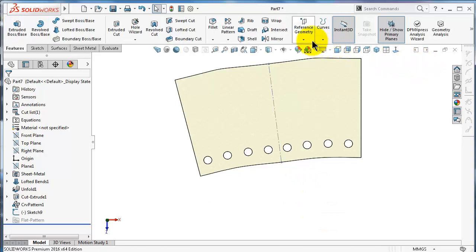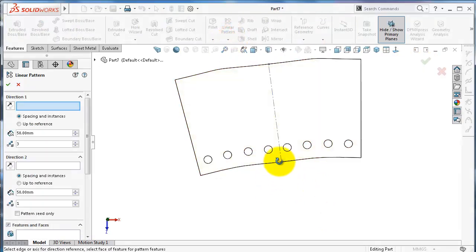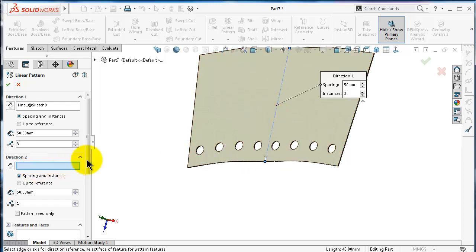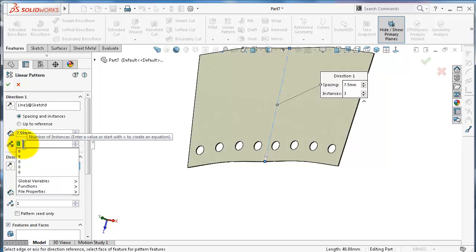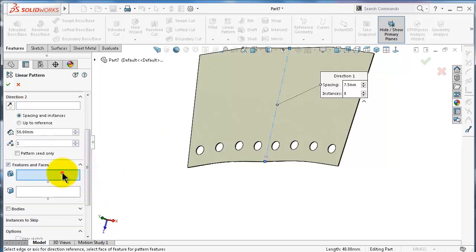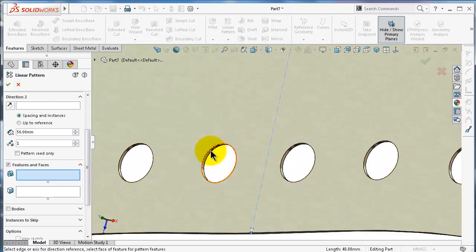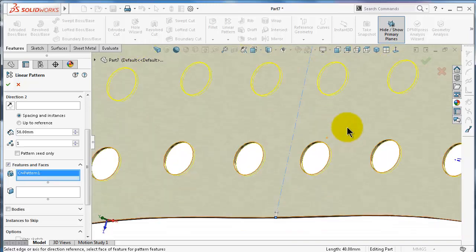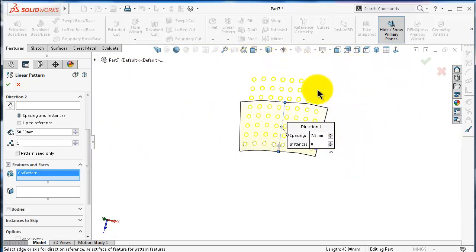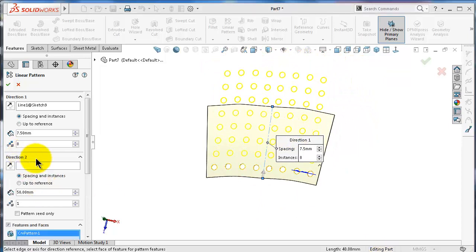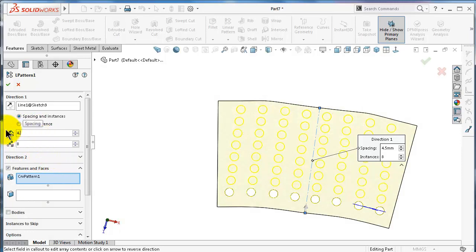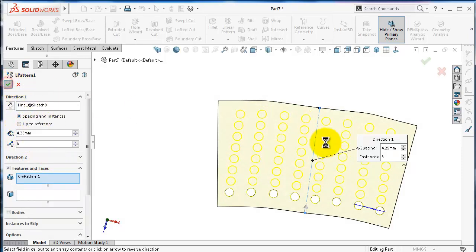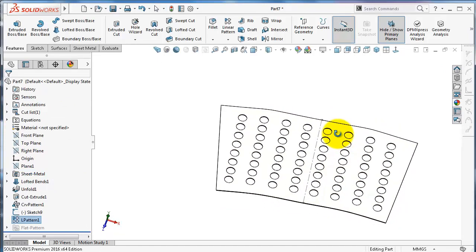Exit from the sketch, linear pattern, the direction. We'll pick this 7.5, 8 pattern, the features, let's make the distance, make it 5, click OK, and now let's